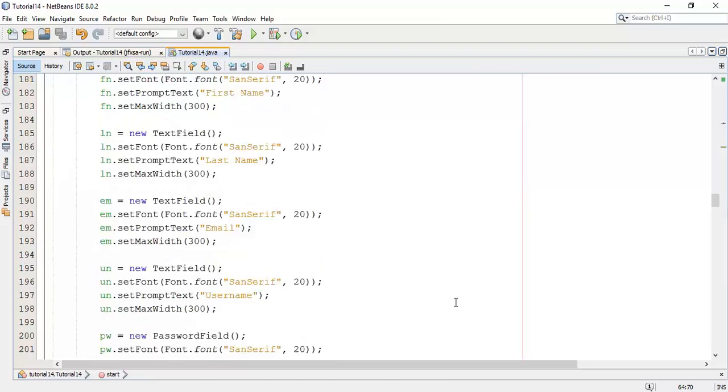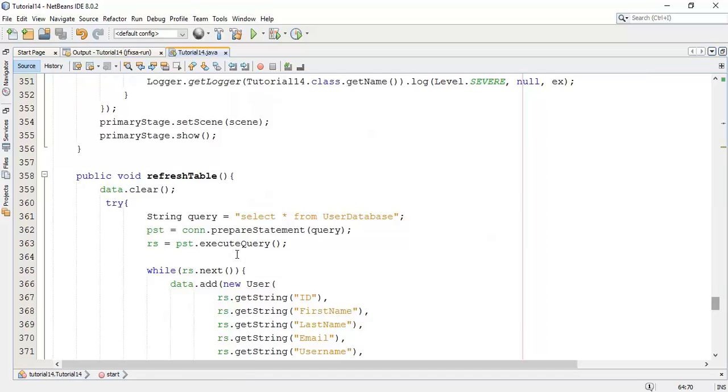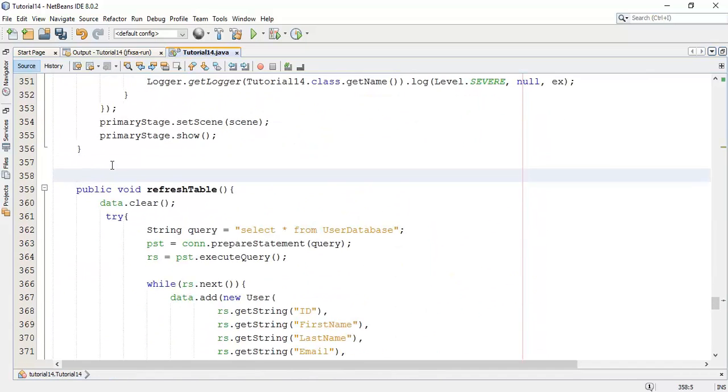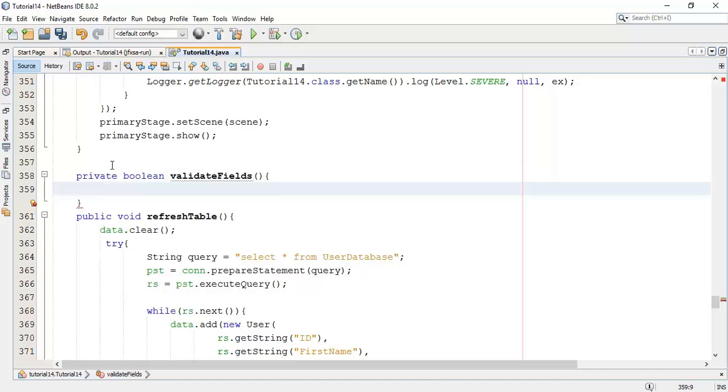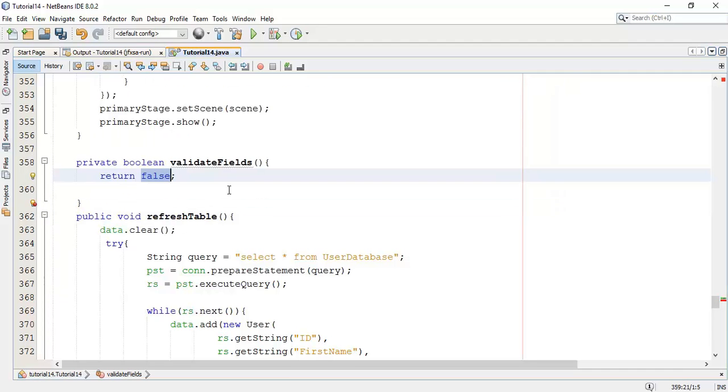So here I'm going to create a private boolean validate fields method for validation, and we have to add a return statement.